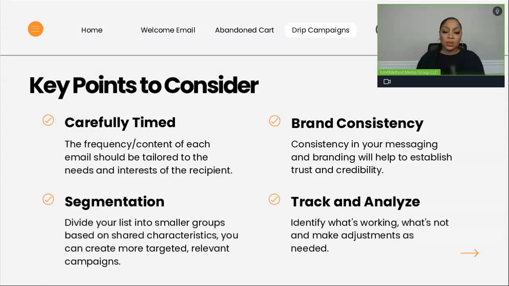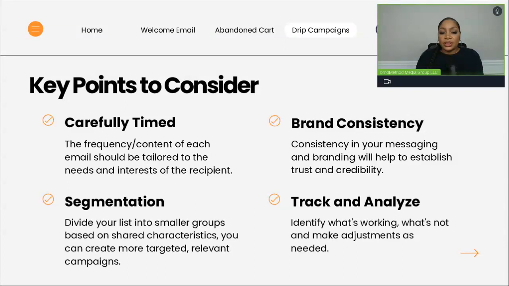They get an email the next week. Hey, it's been 7 days since you downloaded your trial. How's everything going? If you need additional support, such and such can help you this way. We'll check in again as it gets closer to the end of your trial, so that's in a week or two. It wouldn't be very smart, if it was a 30-day trial, to just squeeze everything into a week, right? The other thing you want to consider when it comes to your drip campaigns is that you definitely want